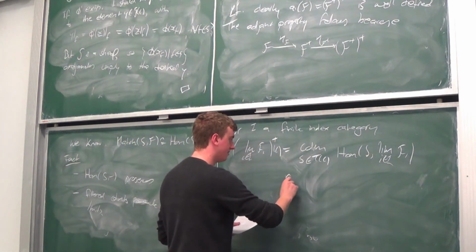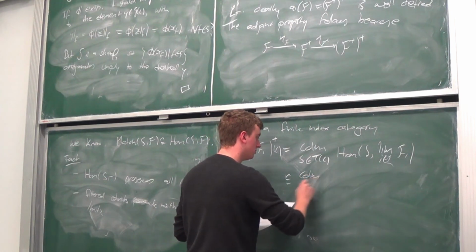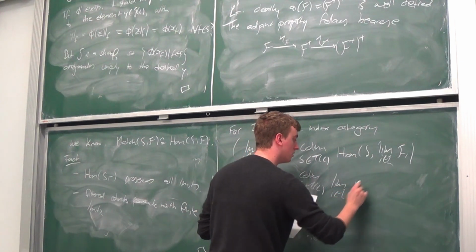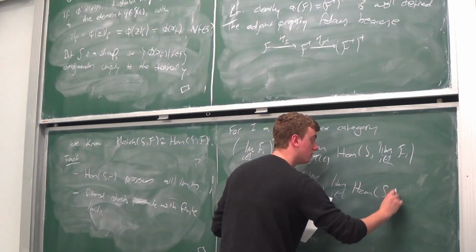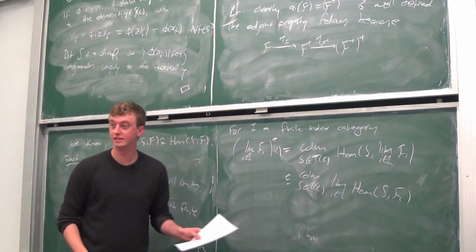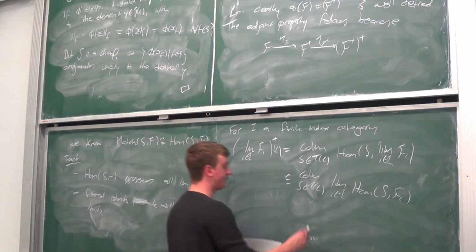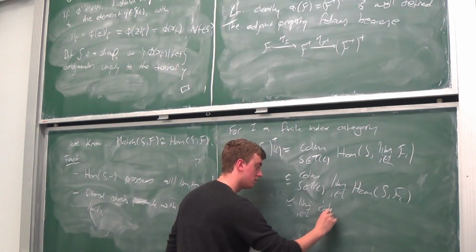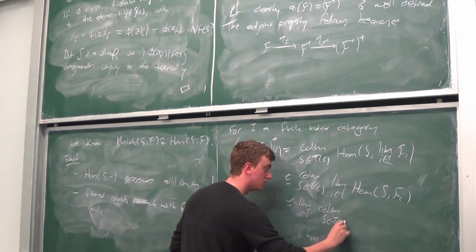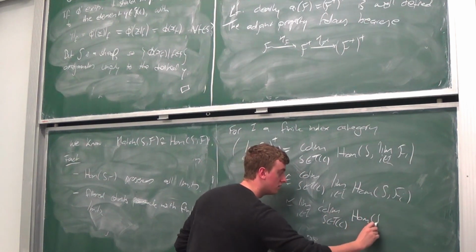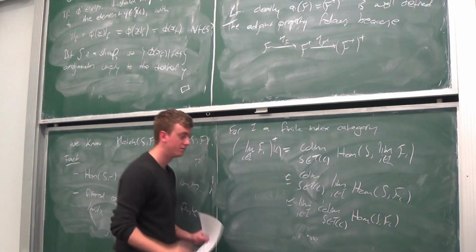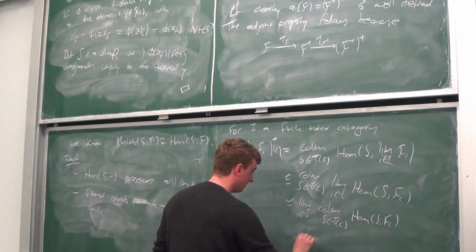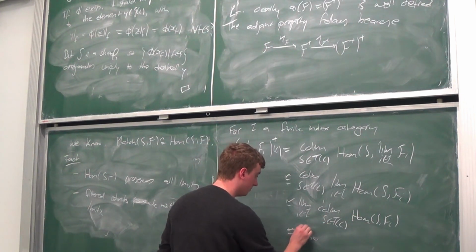Hom commutes with the limit, so that's isomorphic to this. But then, because of the second fact, this is isomorphic to this, switching the limit and co-limit, and then this, by definition, is equal to